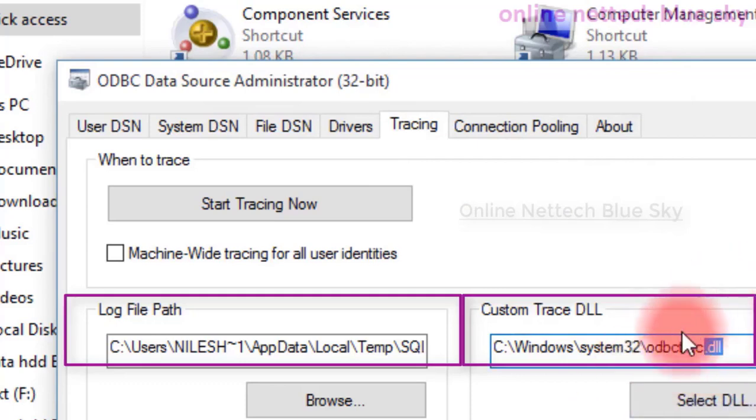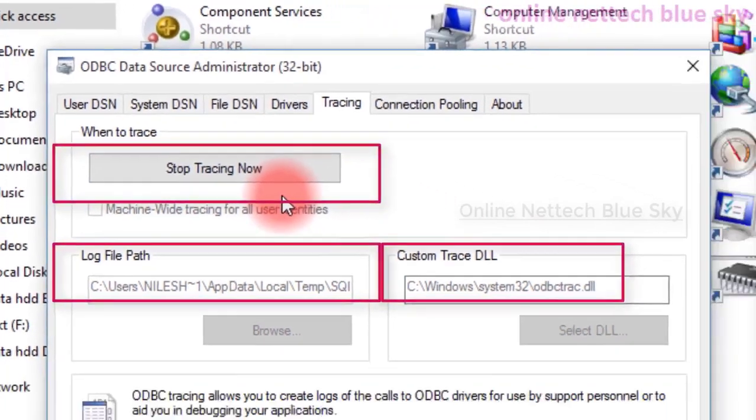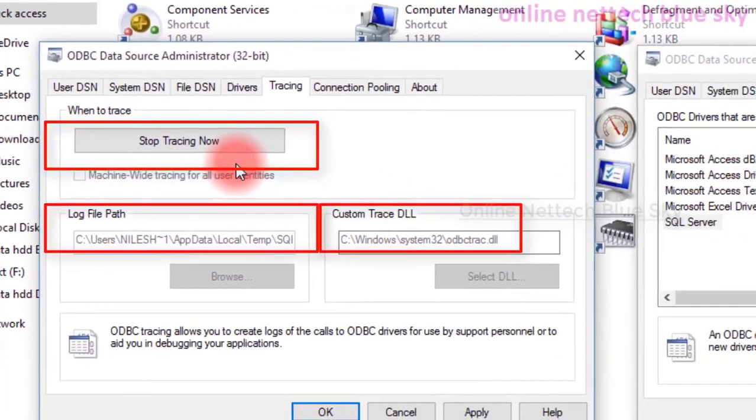So this is in Windows, inside System32. You can see the C partition, the C Windows folder, inside the System32 folder, inside it odbc.dll. Okay, this type of file is the custom trace DLL file. Dynamic link libraries work to process your systems, anything, your games, your systems, your software.